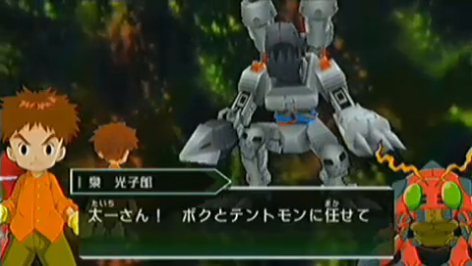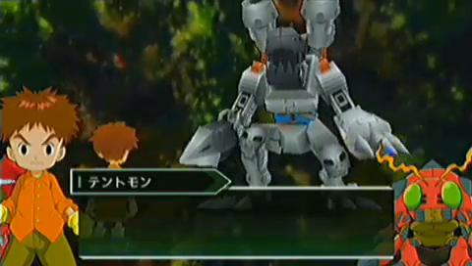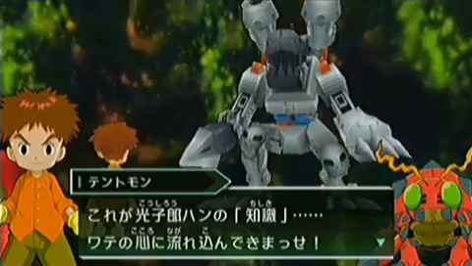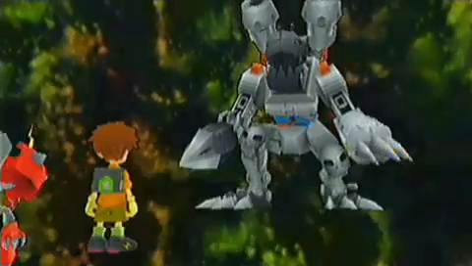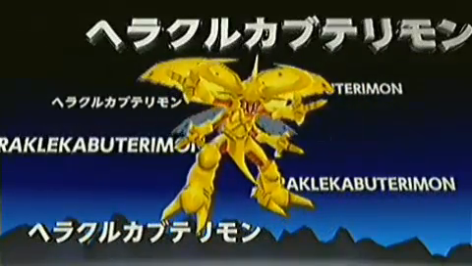Anyway, Kushiro enters the fight with Tentomon, and we're going to unlock Tentomon's Mega form, which is awesome. And here we go. So we're about to unlock the next form, the Mega form. This is HerculesKabuterimon. Well, in Japanese his name is HerculesKabuterimon, but that roughly translates to HerculesKabuterimon. It's basically just another giant bug, with even bigger horns than